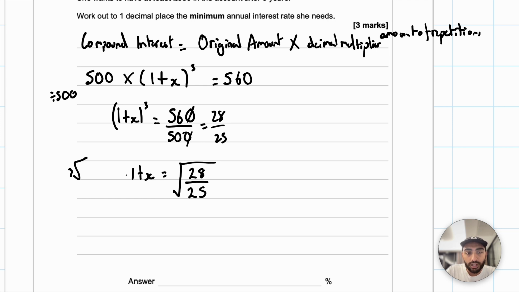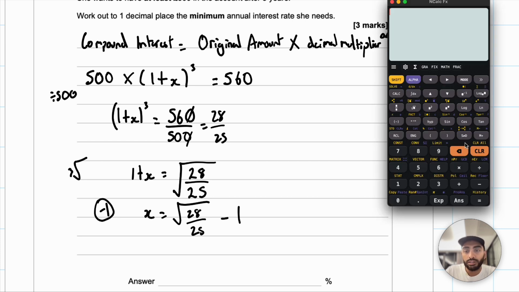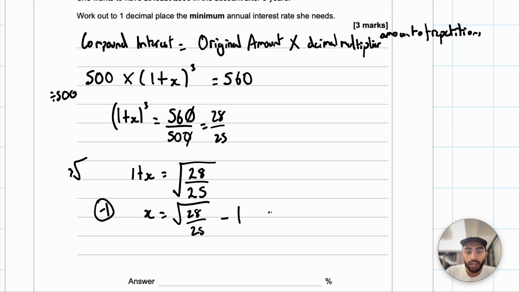To get x on its own, I need to take away this 1. So x is equal to the cube root of 28 over 25, and then on the outside of that, we'll take away 1. That will give me the decimal, or the percentage, that it'll be increasing by every year. So let's type that in. The cube root of 28 over 25, and we need to take away 1 from that. So that gives an answer of 0.0385. So x is equal to